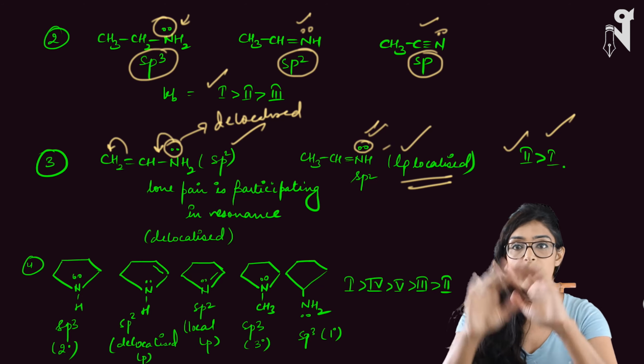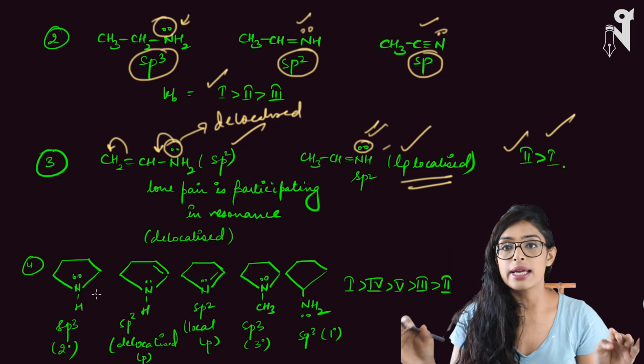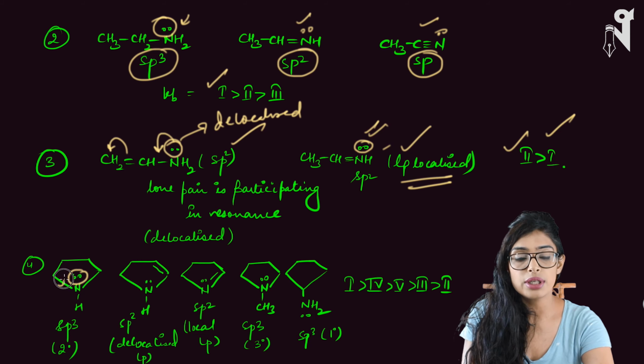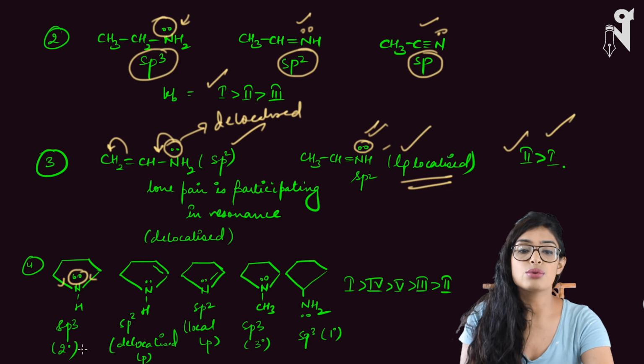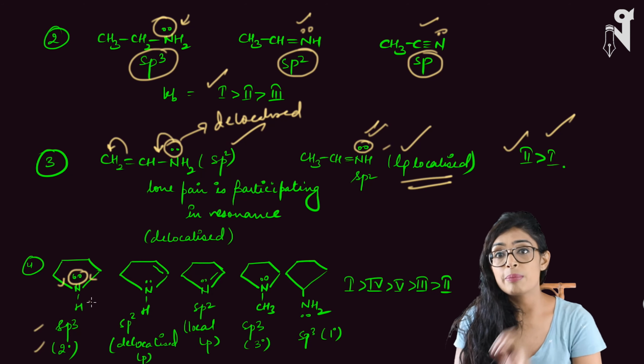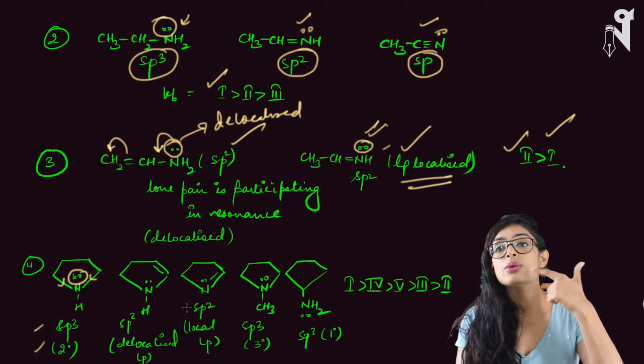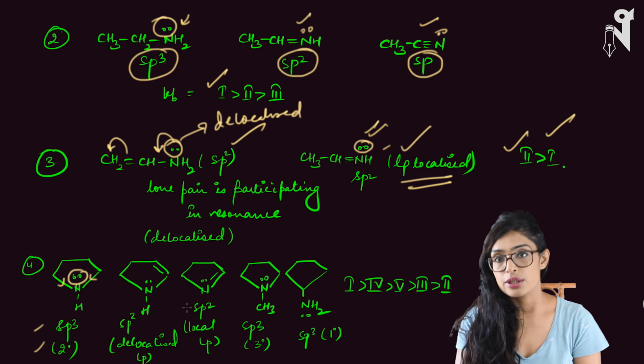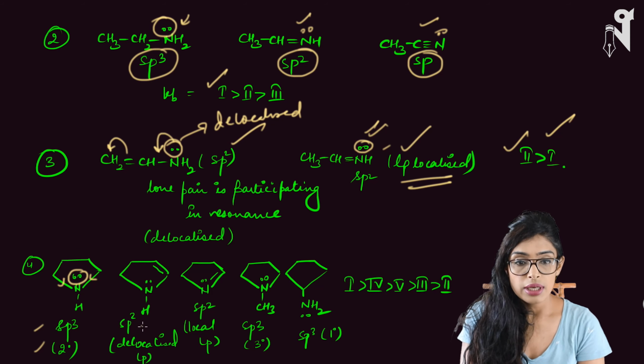In the next example, again your nitrogen is attached to the cyclic structure. Here nitrogen has a pair of electrons and the two carbon chains attached on the other side. This is secondary sp3 hybridized nitrogen. Every time you are comparing the basic strength, look at the hybridization, look at the behavior of the lone pair or the negative charge, and accordingly arrange. So here nitrogen has a lone pair. It looks like it is an sp3 hybridized nitrogen, but be careful, beware.